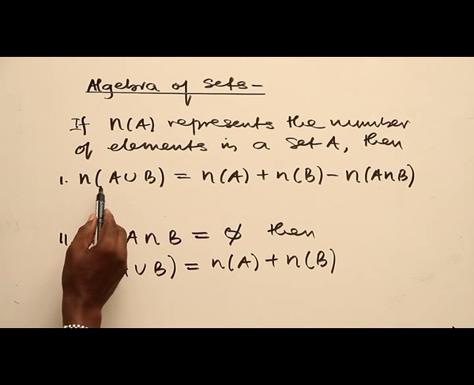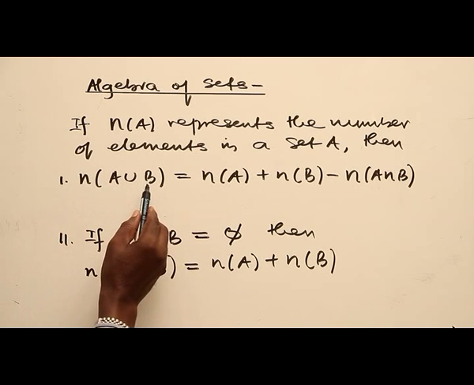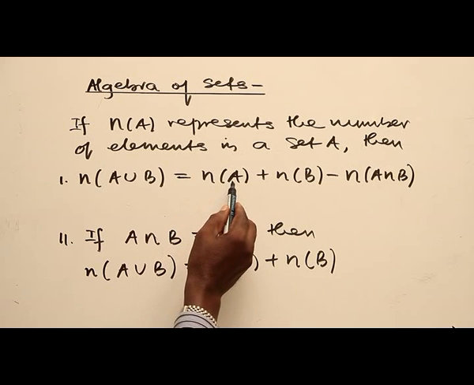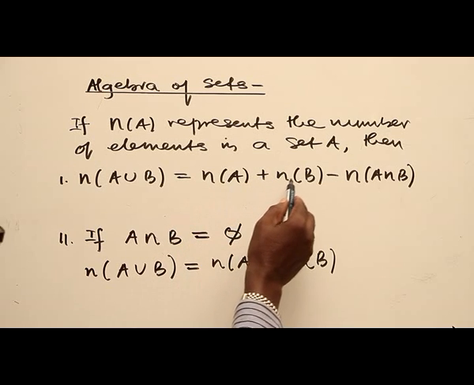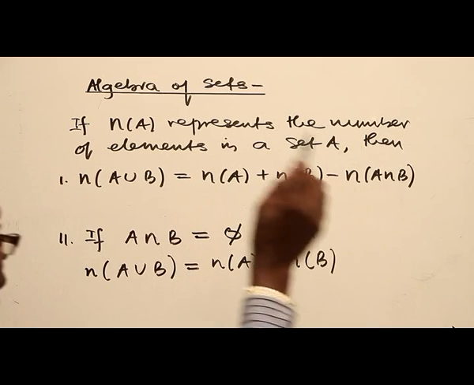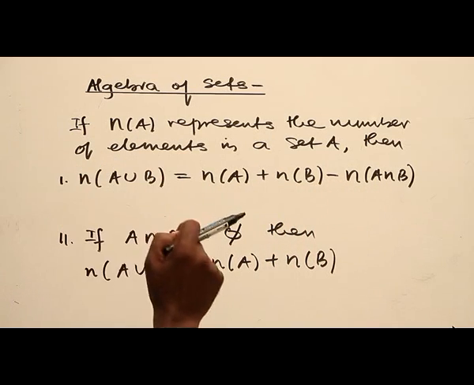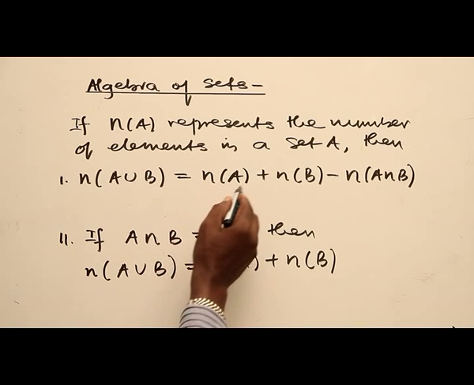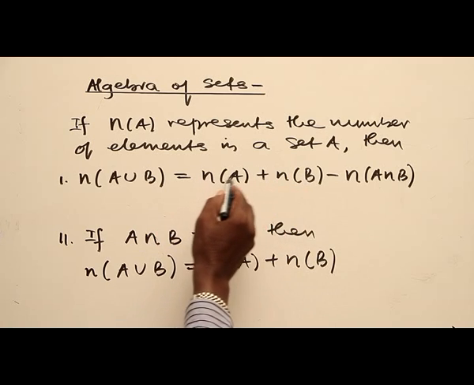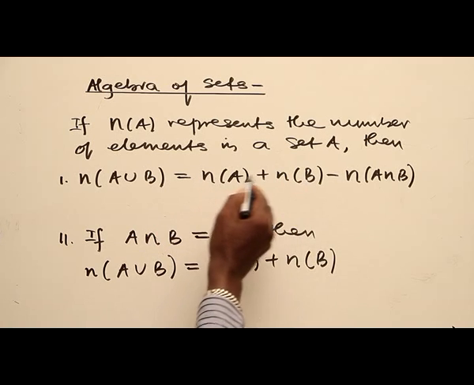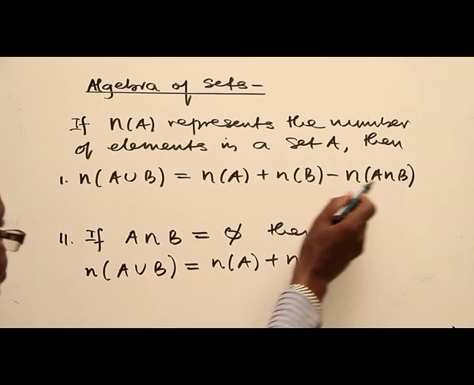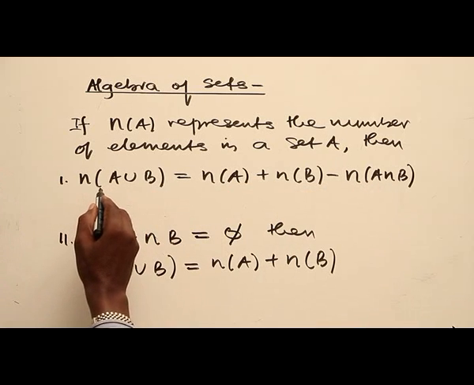The number of elements in A union B will be equal to the number of elements in A plus the number of elements in B minus the number of elements in A intersection B. The reason for this is because when you add all the elements in A and you add all the elements in B, their intersection you have added twice. So you need to remove one of it